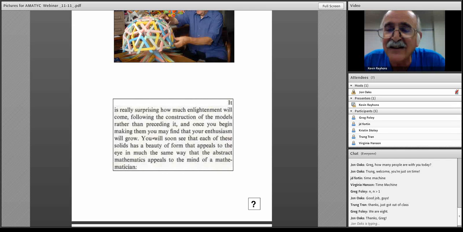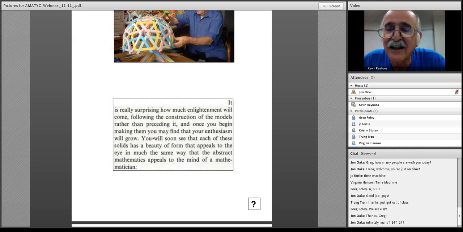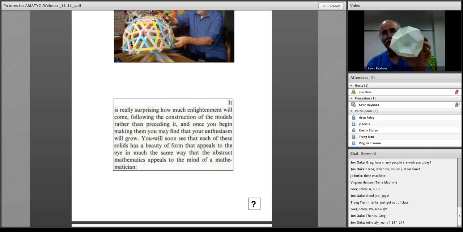He says, infinitely many. Well, there are infinitely many ways that you can use these equilateral triangles, but not if you want something that's uniform and convex. This thing here that's just made of triangles is just called a deltahedron. It's kind of a general term. Well, I will tell you,